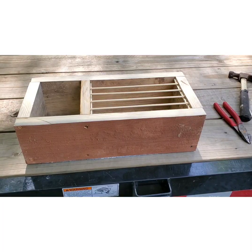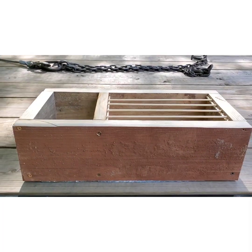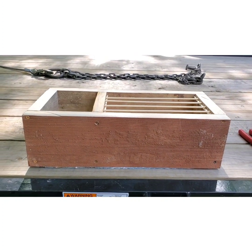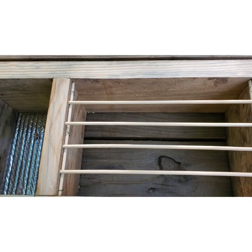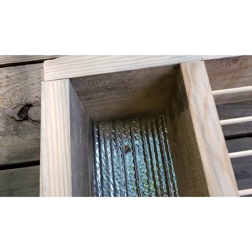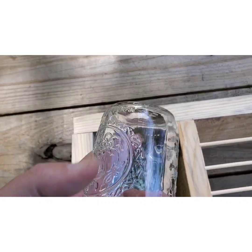I wanted to show you something that I built today, and if you've ever wondered how you make a split from, say, a Langstroth hive into a comfort hive and have some success with it, I've got just the thing for you. This is it. This is, let's just say, a 6-inch deep box that will fit on top of a 5-frame nuc, and I've got a compartment here for a jar feeder,